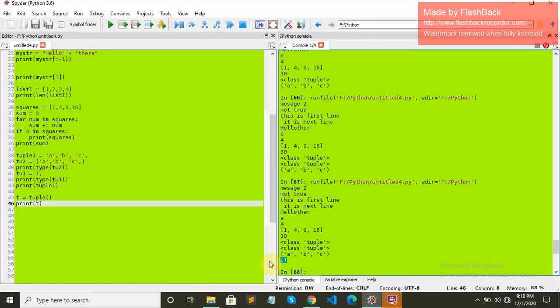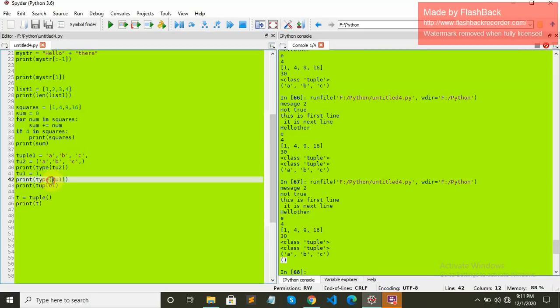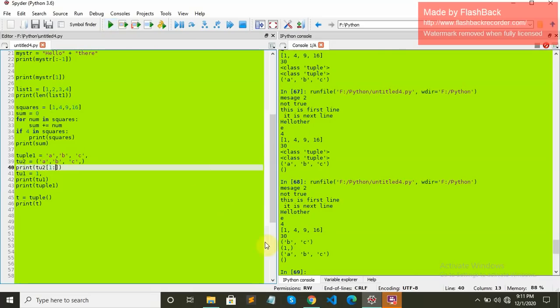And the slice operator is also applicable to tuples, just like in strings, like this. Let me try this one because it has more elements. From index 1 till the end, let's see the output. You can see only BC is getting printed. A has been omitted because we count indexes from 0, but in this case we are starting from 1, so that's why it is the case.